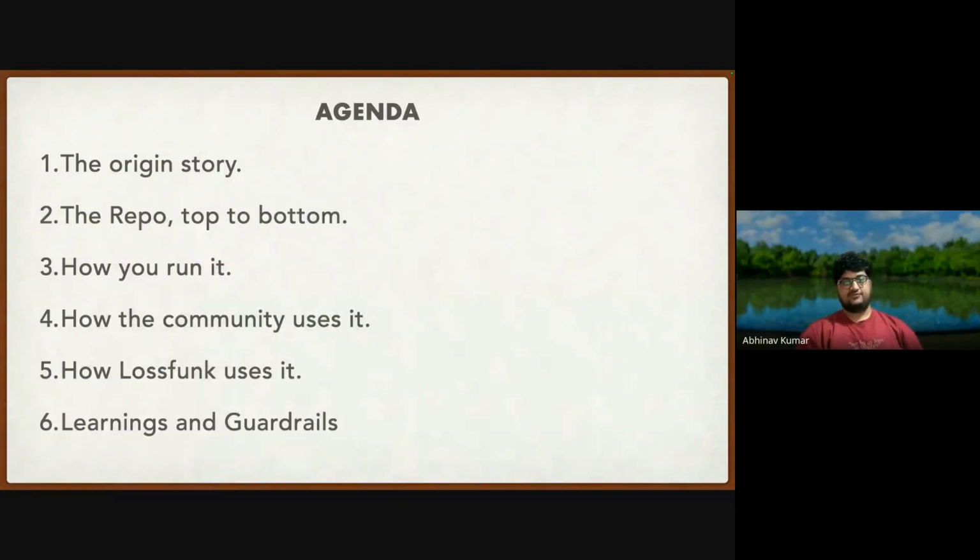We have a very simple agenda for today. The first is to talk about the origin story of how auto research actually came to be. As you all know, it was tweeted by Karpathy, so we'll talk a little bit about that. How does the repo look? We're going to go through the repo of auto research itself, top to bottom, and then we're going to